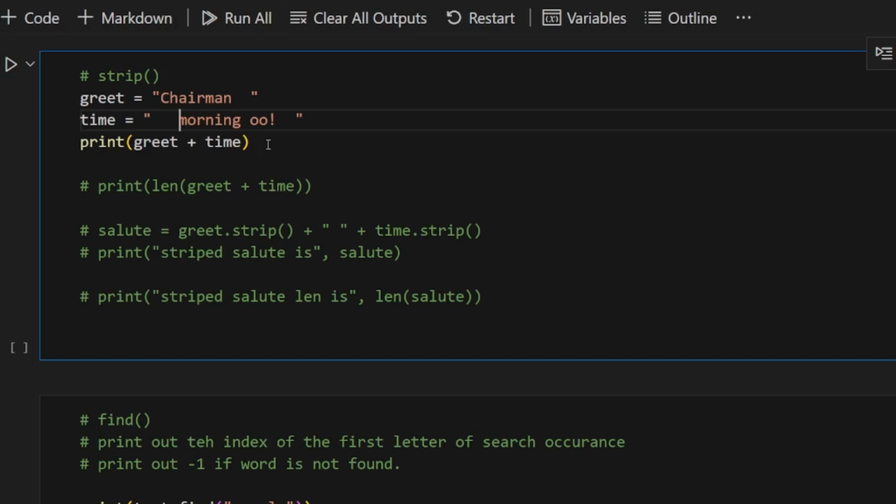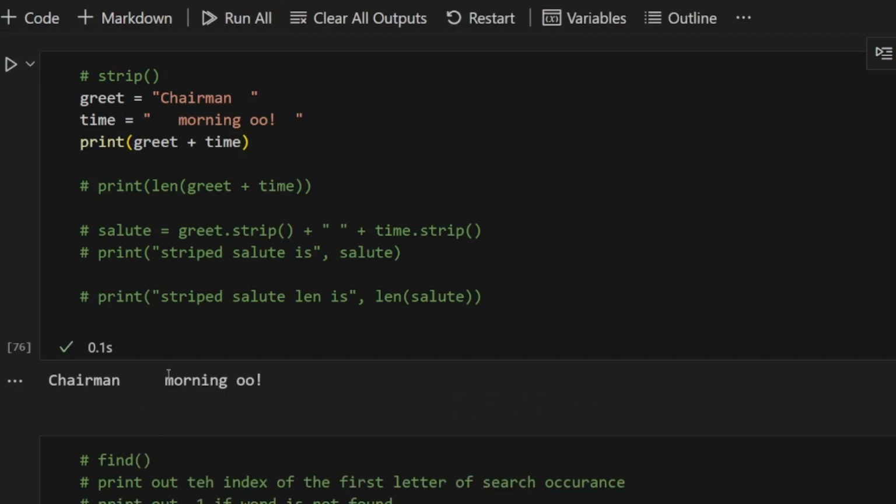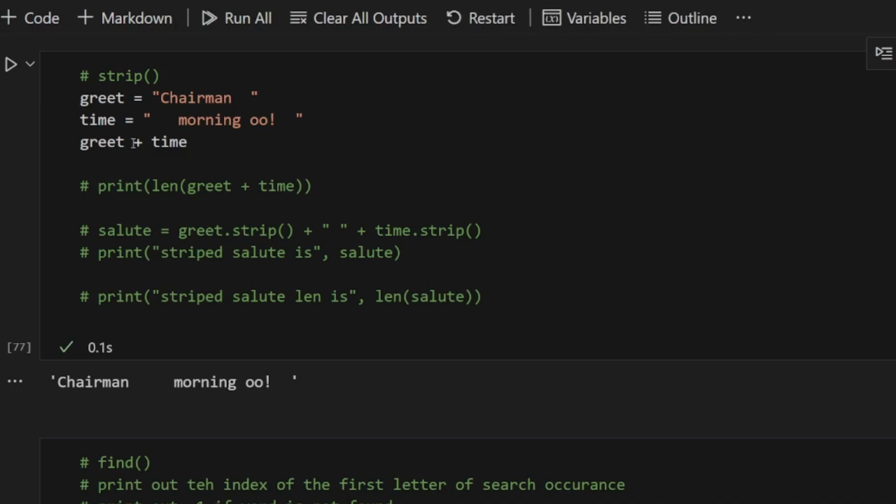We have strip, we have left strip, right strip. Anyway, whichever you want to use, but I like to use the full strip in case any space in between will just come out. So if you print this stuff like this, you see the way it shows. I think we are not really getting a clear picture of this. So let me do something that gives us a better representation of how it was before. See the spaces in the middle.